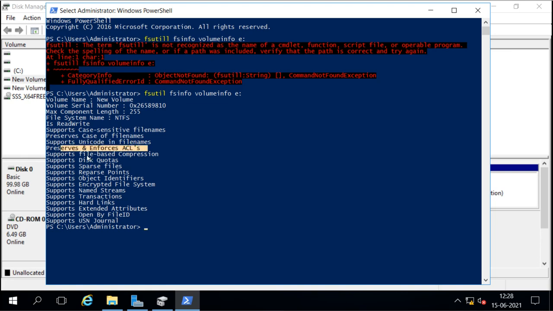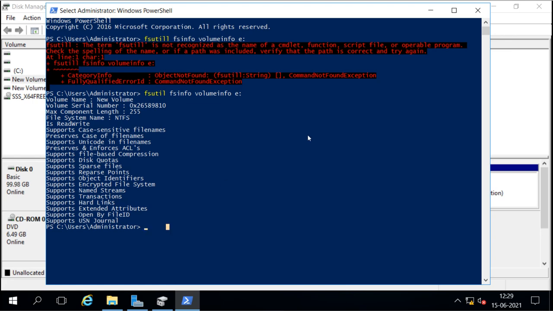Then file-based compression is there, disk quota is also available, sparse files, reparse points, object identifiers, encryption. We have the encrypted file system available, named streams, transactions, hard links, extended attributes are also there, open by file ID, and support for the USN journal.